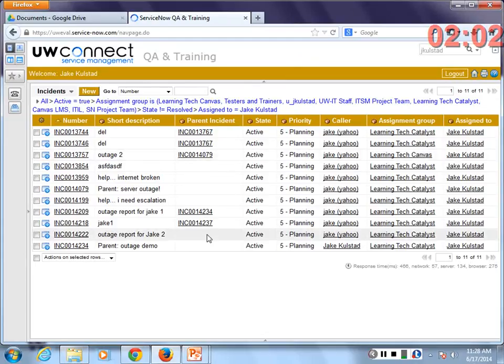I can actually double-click in cells from this screen and paste in information. So for example, I could paste in the parent incident information from this view and do the association on the fly. So I don't have to go into each incident and update the parent information. That address your question, Roland? So you just go row by row. Well, you can, or